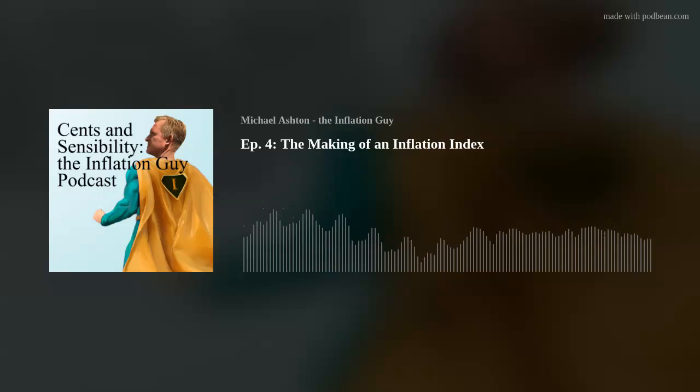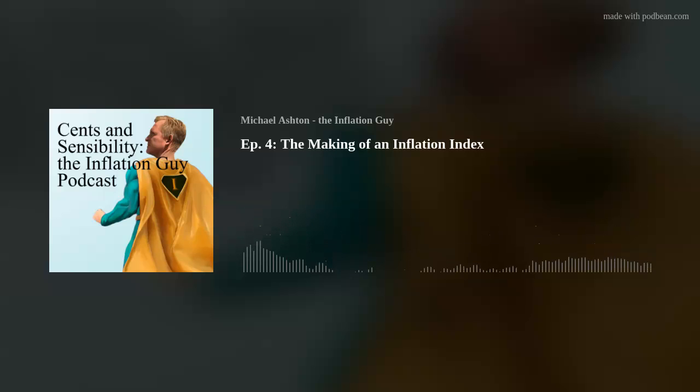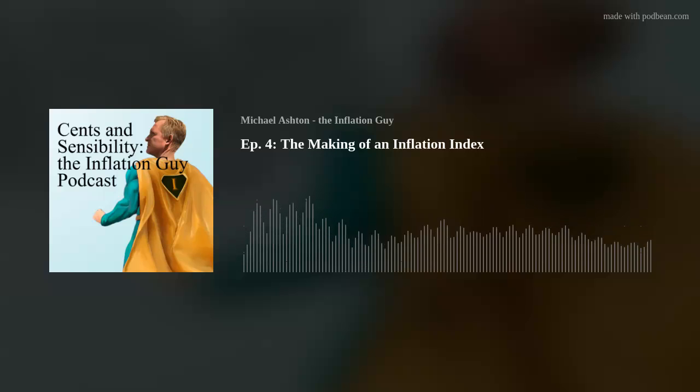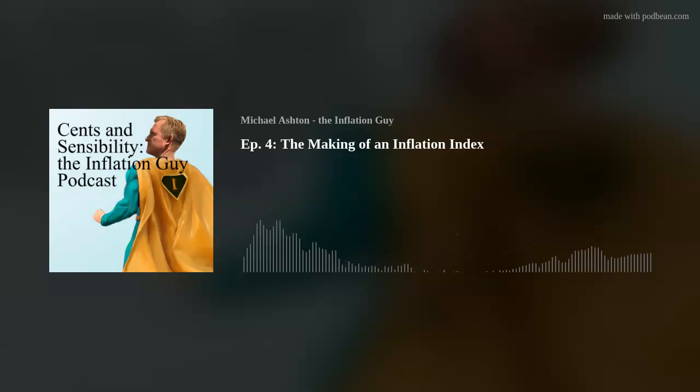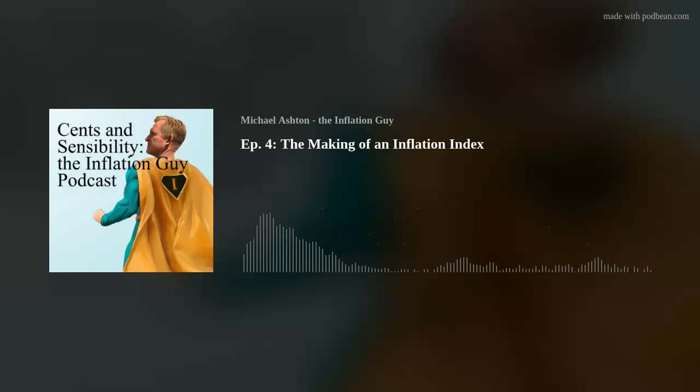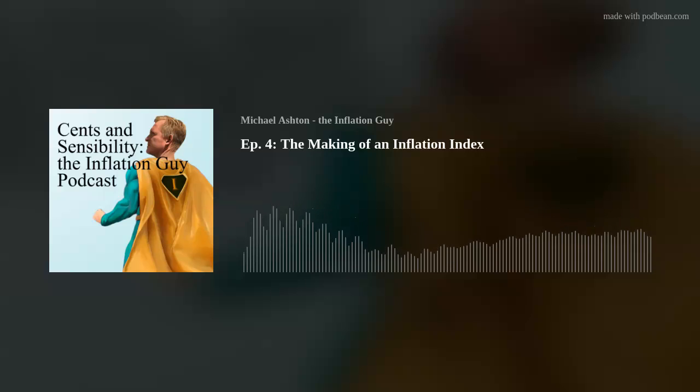The Personal Consumption Expenditures Index, the PCE, includes everything you consume no matter who pays for it. So if you're on Medicare, that counts, because it's something you're consuming even though it's paid for by the government. Now, I like the CPI because it's closer to what we actually feel. If the government or my employer is paying for something, it doesn't feel like a cost to me. Maybe in an economic sense it is, but it doesn't feel like it. So that's one of the reasons I prefer the Consumer Price Index.